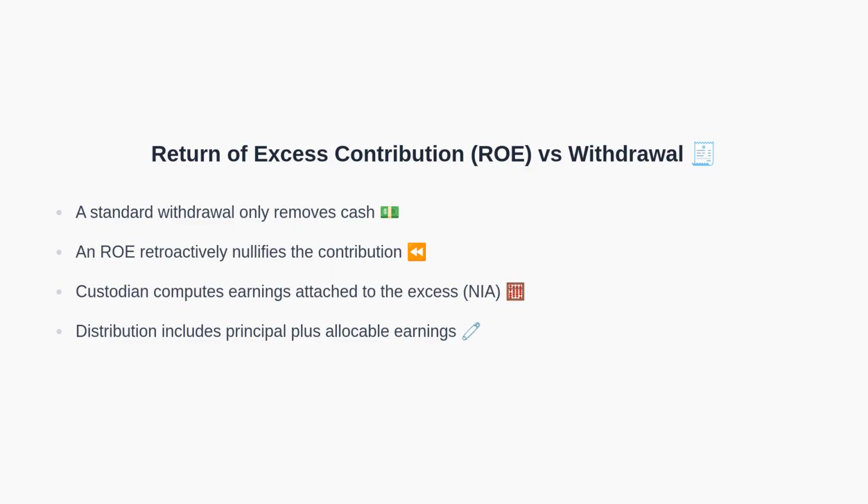With that foundation, let's visualize the process flow between you, your custodian, and the IRS. This sequence diagram shows the interactions. First, the investor initiates a return of excess contribution request with the custodian. Next, the custodian computes the net income attributable to the excess. Then, the custodian distributes both the excess principal and the associated earnings. Following that, the custodian issues Form 1099-R using the appropriate distribution codes and year attribution rules. Meanwhile, the investor reports any taxable earnings in the correct year on the tax return and files any additional forms,